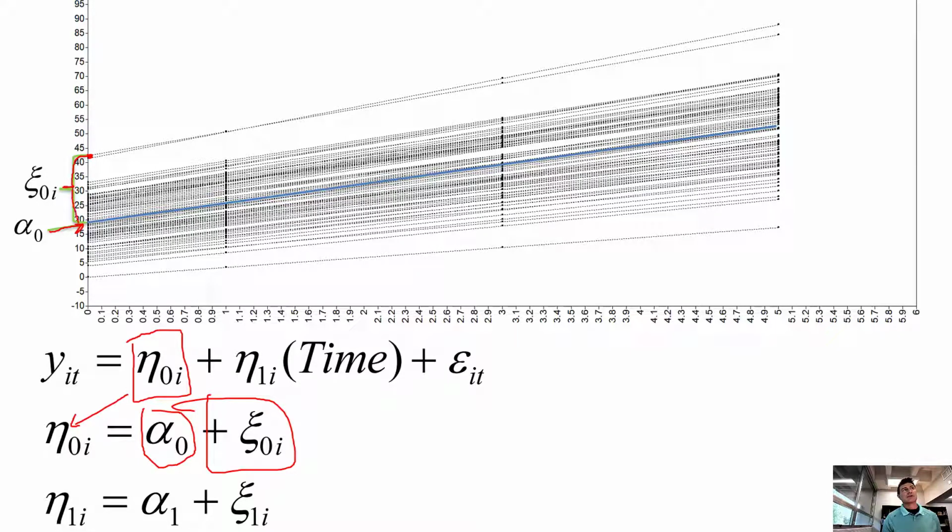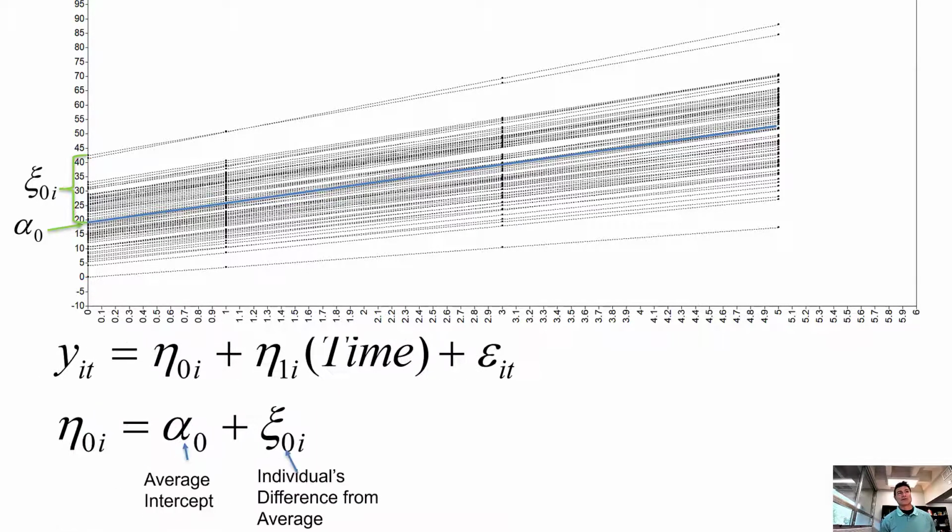So for this person here, their value of this error term or this individualized adjustment term is about 22 units or so. For another person, it might be subtracting out 19 units. So this person down here is much lower than the average, so this would be a minus 19. So everybody gets their own intercept.